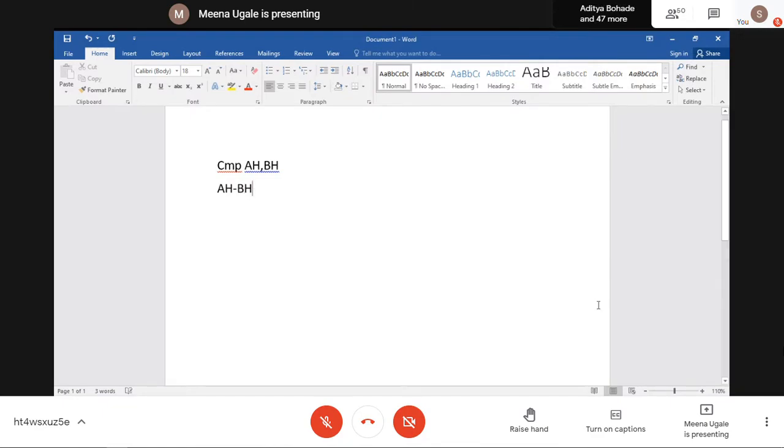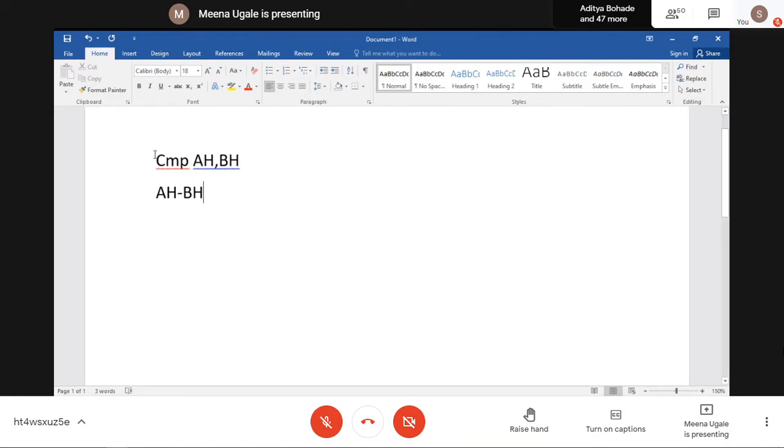So it is going to perform this operation. If both are equal, it is going to give you 0 as the answer. If any one of them is greater, what happens? If your source is greater than the destination, what will happen? Carry will be set.